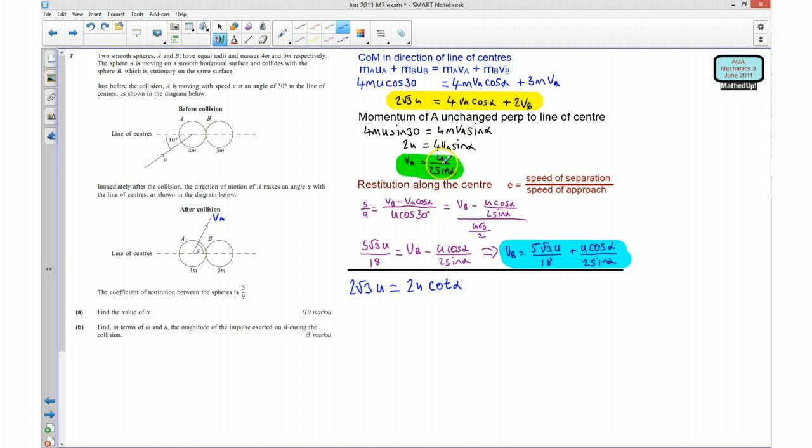Okay, I hope that's okay that I've just subbed that straight in. I'm just trying to save space, to be honest. Okay, so we've got 2u cot alpha from there,